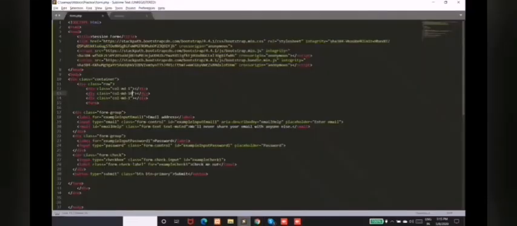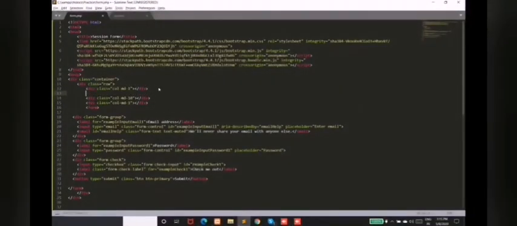Here I have divided as column MD 1, meaning medium 1. This is the first section. Just I'll explain this. First of all, on the left hand side I have reserved one column. Then I have reserved another 10, and again I have reserved 1. All the thing is divided in width, not in height. In width of the display. So I'll just show you how.